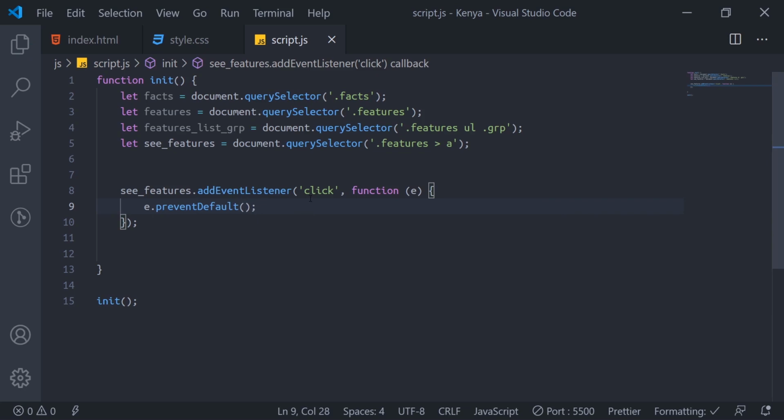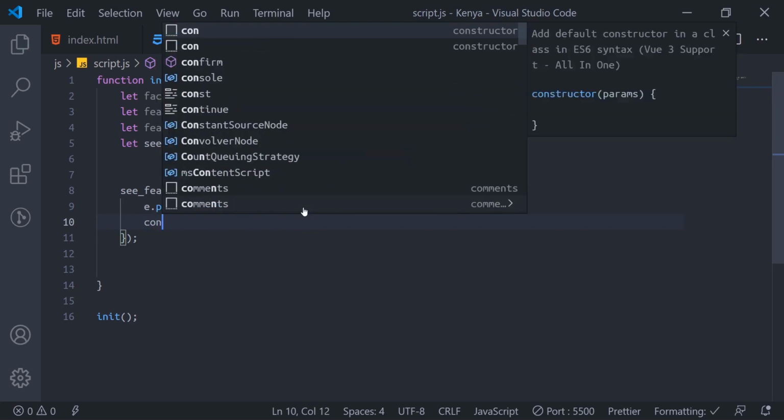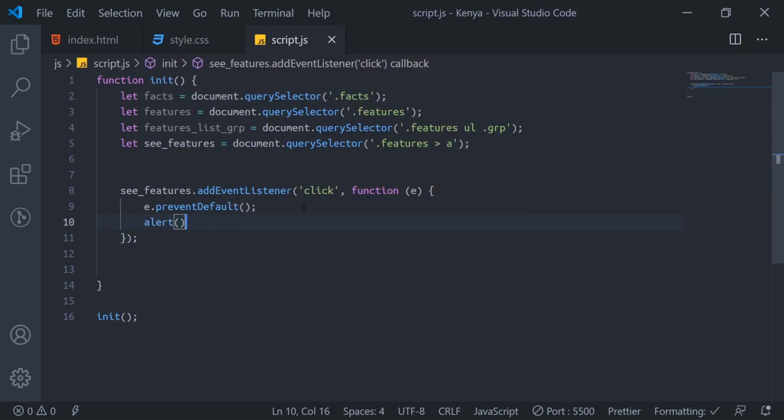If you don't understand, go watch my JavaScript tutorial. I'm supposed to explain that there. So let's just log to make sure we're on the right track, or alert something. Working. Okay.